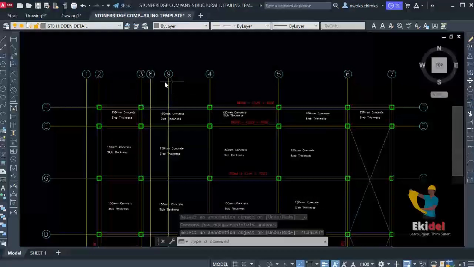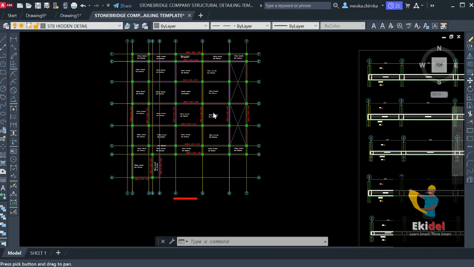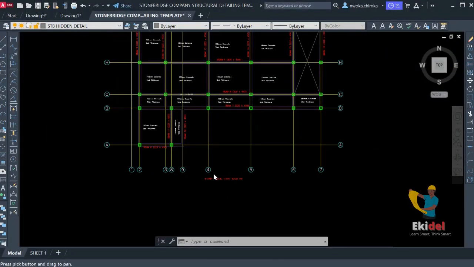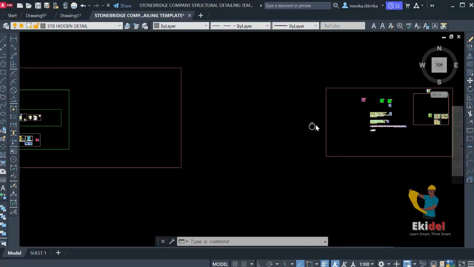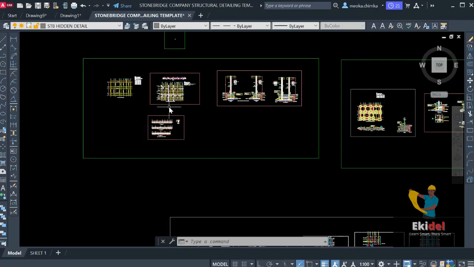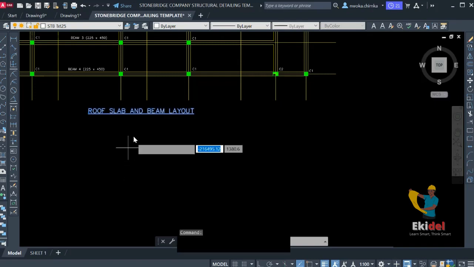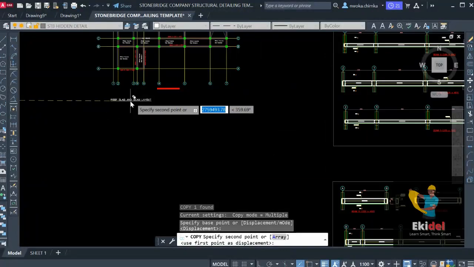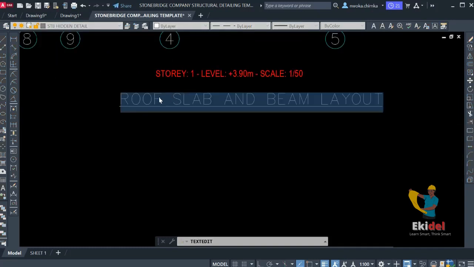Next thing to do right now is to dimension this grid line, this layout. Then we also have to change the name of this place, because this is beam and column layout for first floor. So we go right now to our sample. That is why you need this template, so that it will guide you. So you go right now and copy this immediately, and go to where you have this, paste it, and then change this to first floor,